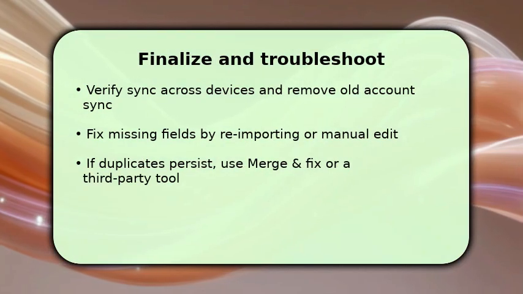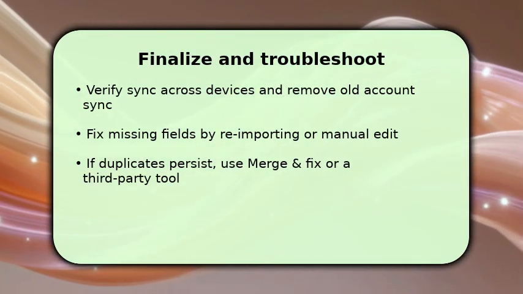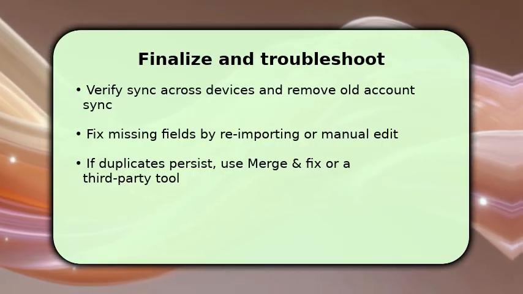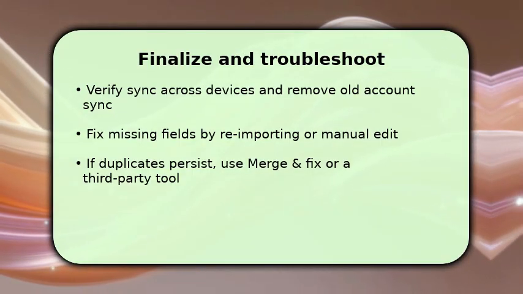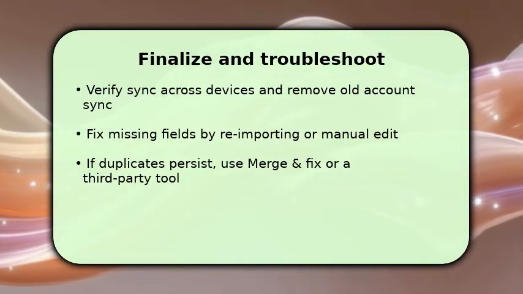Finish by confirming the new Google account syncs on all your devices. Open Contacts on mobile and wait for full sync. If some fields are missing, reopen the CSV to correct column headers and re-import only affected contacts, or edit them